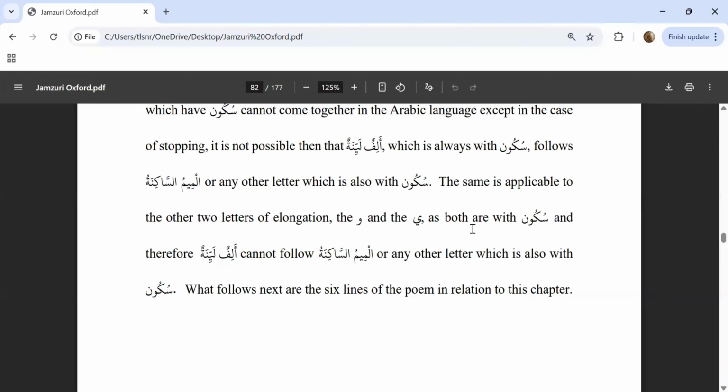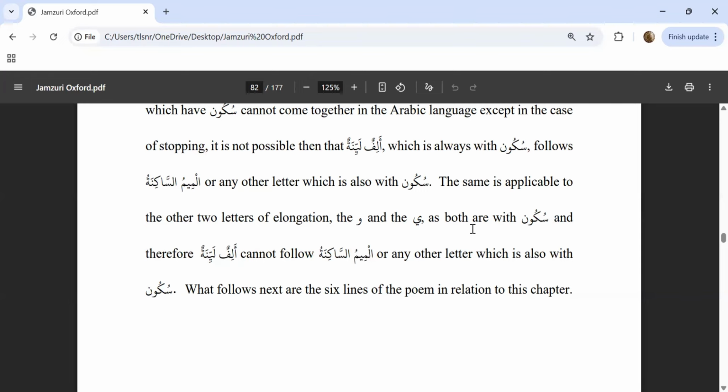And sometimes students have asked me in the past, why did Al-Jamzuri state the obvious? Because it's quite obvious or clear that you cannot have a mim sakina or any other letter that is sakina before an alif. And my response to that is